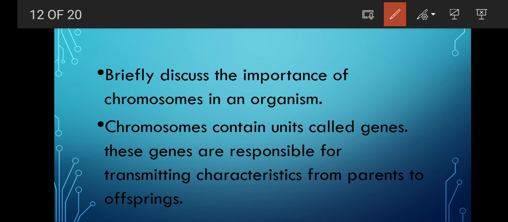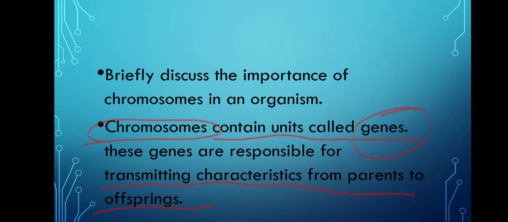Next is, briefly discuss the importance of chromosomes in an organism. So what does a chromosome contain? Chromosomes contain units called genes, and these genes are responsible for transmitting characteristics from parents to offsprings, and that is why you resemble your parents. Clear? You resemble your parents because of what? Because of these genes. And where are these genes present? These genes are present on chromosomes. Okay, now next,